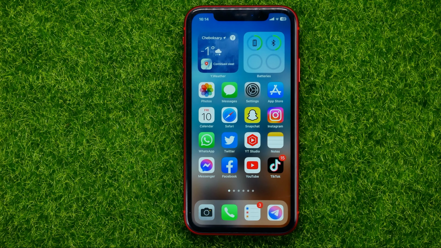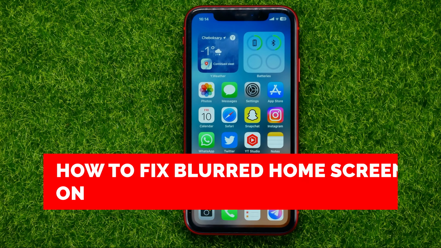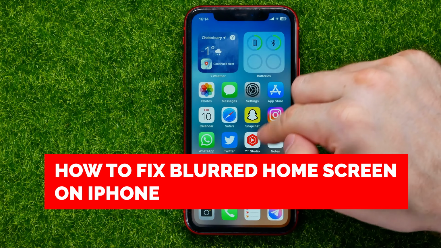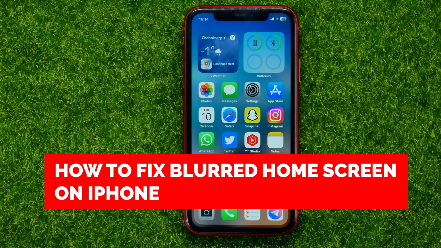In this video, I'm going to show you how you can easily fix that blurred home screen wallpaper effect on